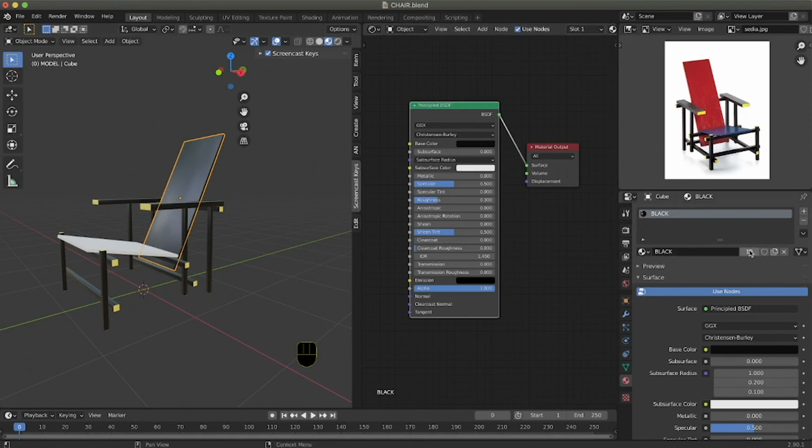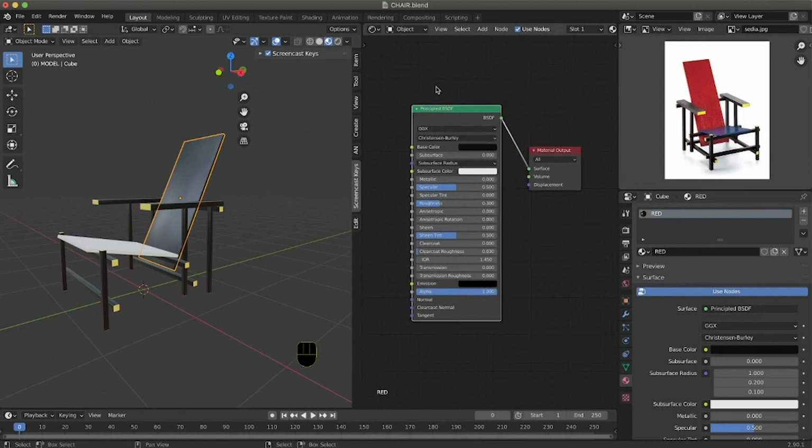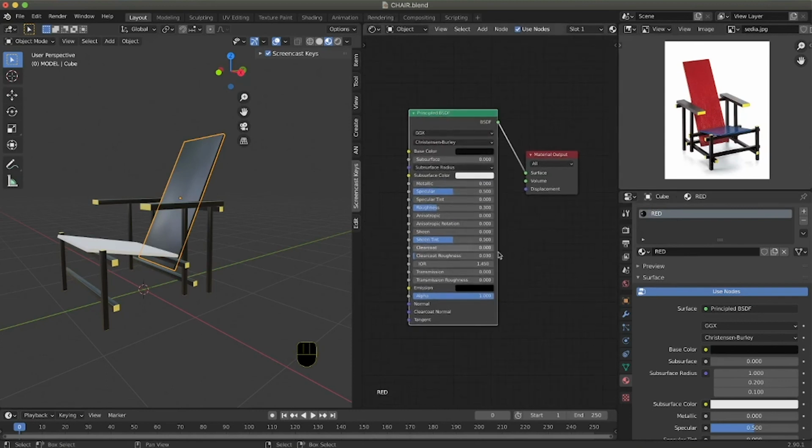So we duplicate the material pressing on this stand, and we call this red. Then into the shader editor you will not notice too much difference, but at the moment we are using the red, and you can actually see if you scroll in here, because the material that you are using is the red one.